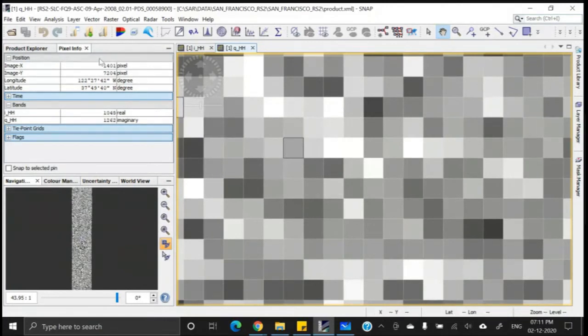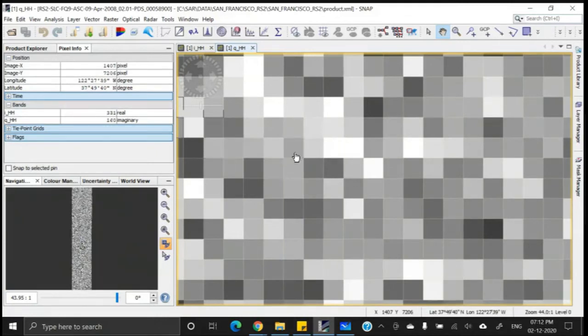For each and every pixel, you will get the image x coordinate and image y coordinate. That is basically the pixel coordinate system, with the row number and the column number. X denotes the column number and y denotes the row number. And for each pixel, the latitude and longitude value.